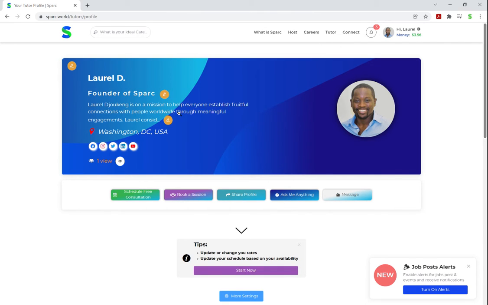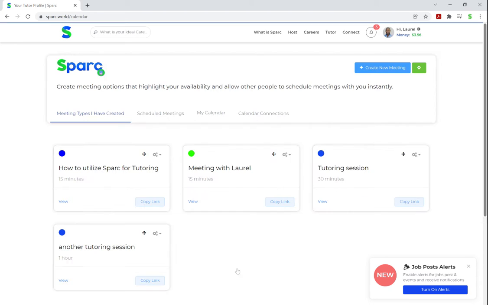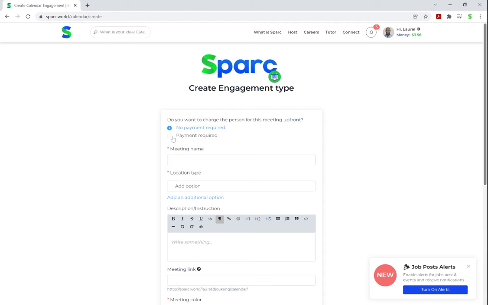More importantly, click the purple button titled Start Now and click the Create New Meeting button to include a meeting with your tutoring rates and a free consultation. We recommend you create at least one meeting that is a free consultation of about 10 minutes. We recommend that you create at least two priced sessions, one for 30 minutes and one for 60 minutes, when